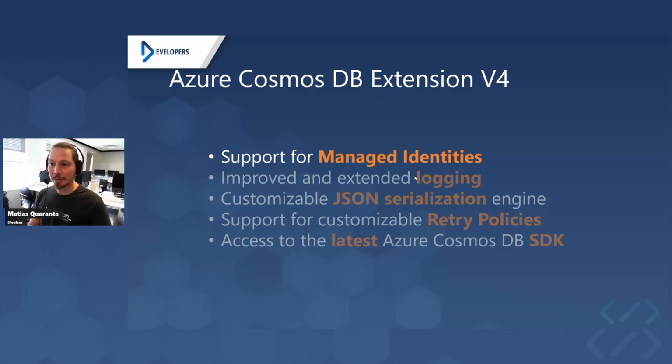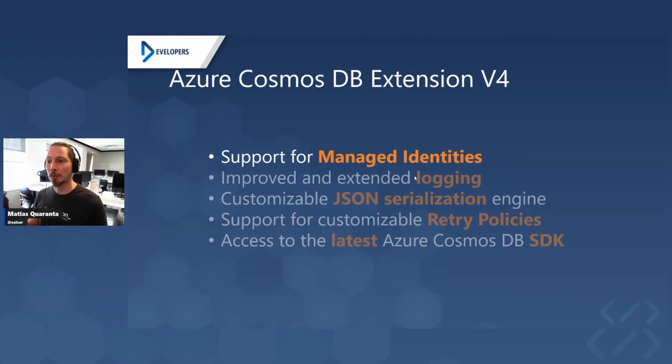So let's start with the highlights. Most important things that you will find in the new version. If you're currently using the V3 extension, you should be looking into upgrading. If you haven't built any Cosmos DB event-driven applications using Azure Functions, this is the new version that you should